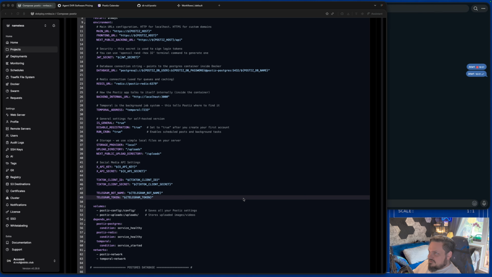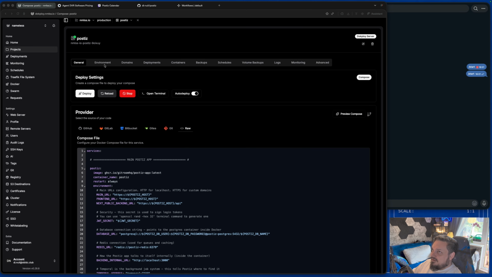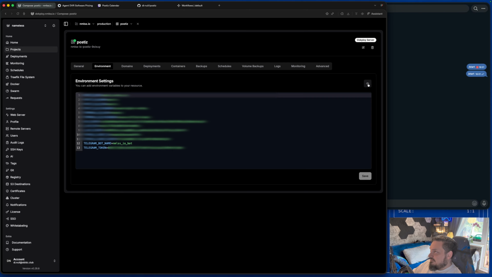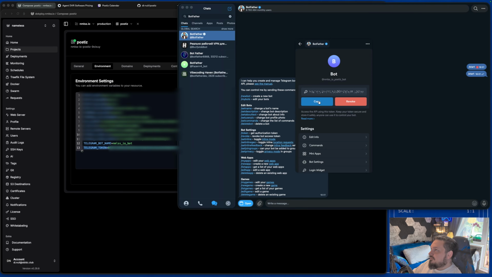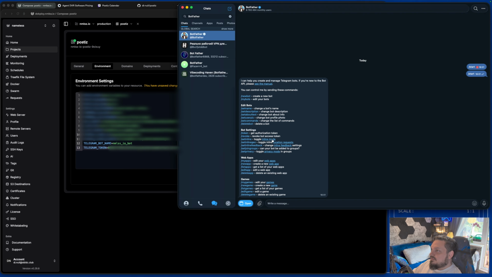If you are using Postiz on deploy, I believe you're already familiar with this process, but I will just show it again. Environmental variables are stored under the environment tab, and all of them are here. Click I button and then provide Telegram bot name and Telegram bot token. Okay, let me copy token, paste it here. Now I need to copy